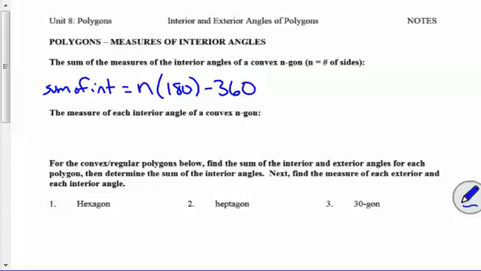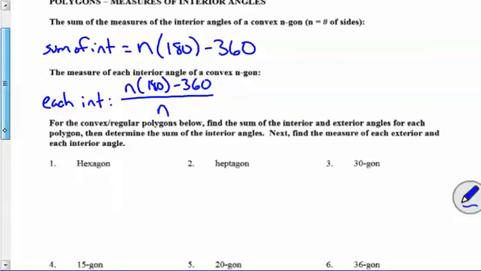So what if we wanted each interior? Well, each interior, if I have n sides, then it'd be n times 180 minus 360 to get the total, and then I would just divide that by the number of angles. How many interior angles do I have? And that's all I would do. That would give me what each interior angle